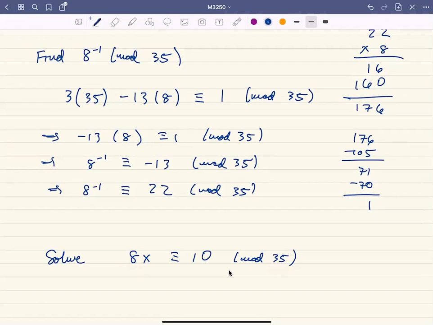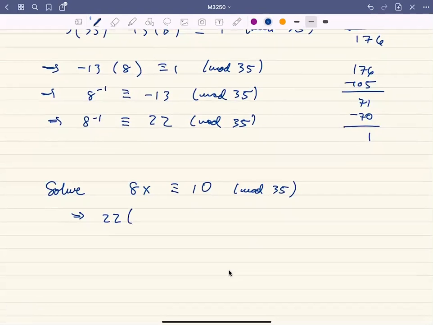And our unique solution here is going to be found by multiplying both sides by the multiplicative inverse of 8. So we did all this work to find that 22 is the multiplicative inverse of 8 mod 35. That's going to be congruent to 22 times 10